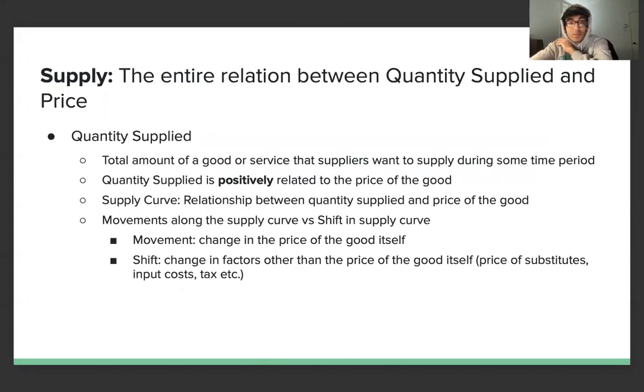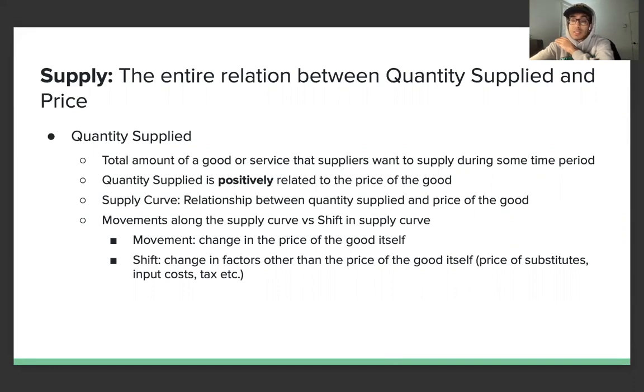Okay, let's move on to supply. Same logic. The quantity supplied is the actual quantity that a producer is willing to supply for a particular price point, and that entire relation between quantity supplied and price is called supply. Supply is positively related to price